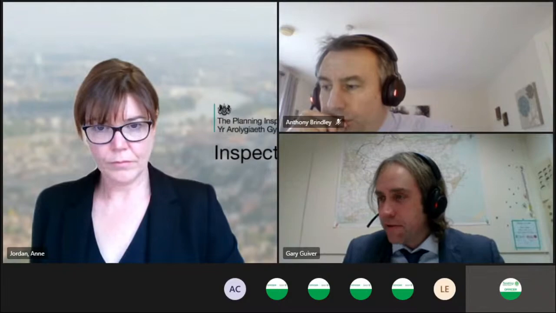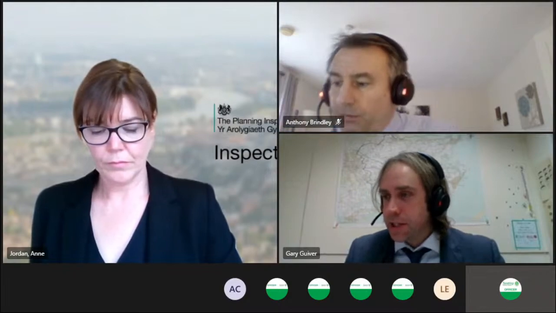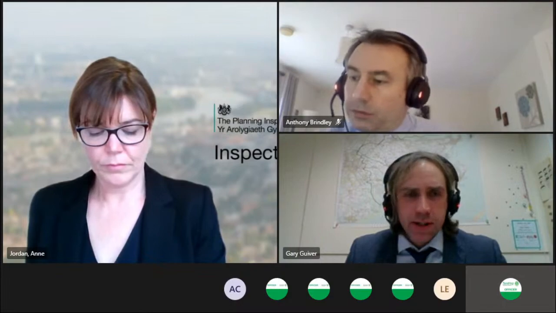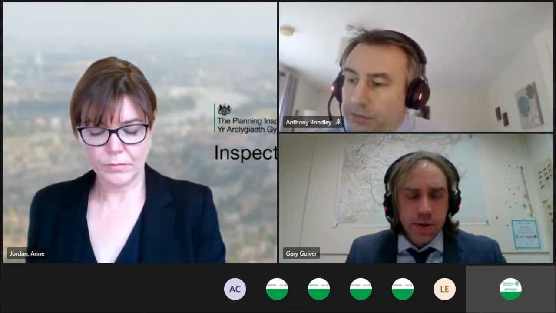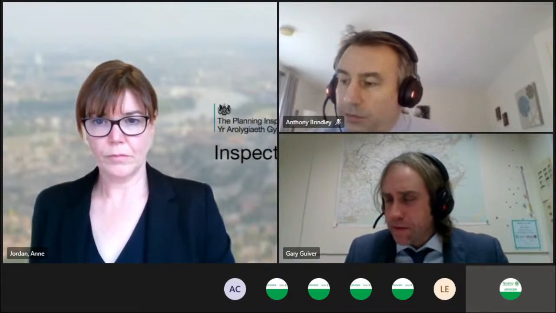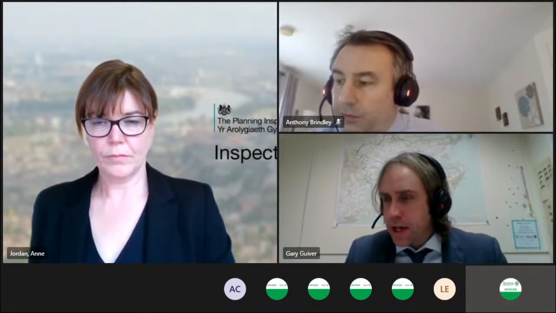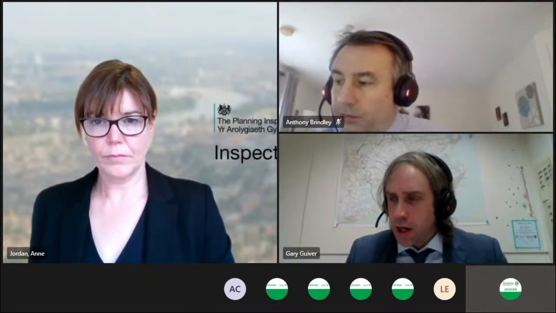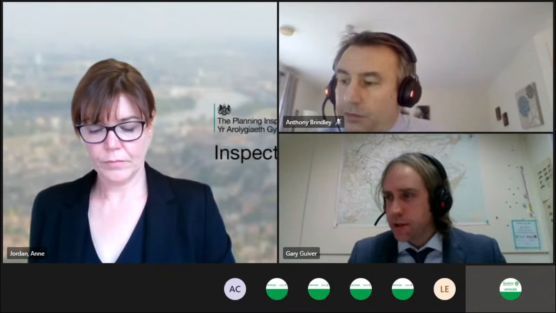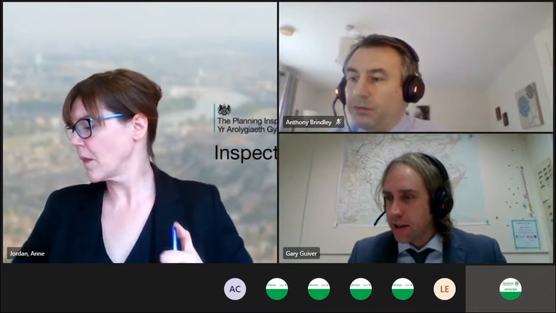Something on priority areas for regeneration in the supporting text, to perhaps provide a bit more clarity as to what it is that we're actually doing in those areas that are listed. And some of that information we provided in the hearing statement, but we can work up some text to go into the plan. And I think we agree with your views that that is helpful to the plan if we have that.